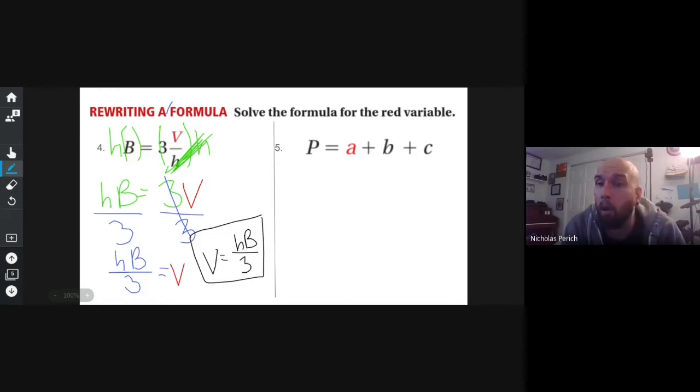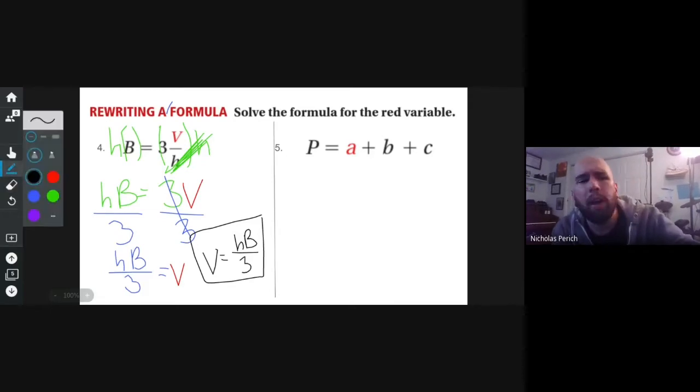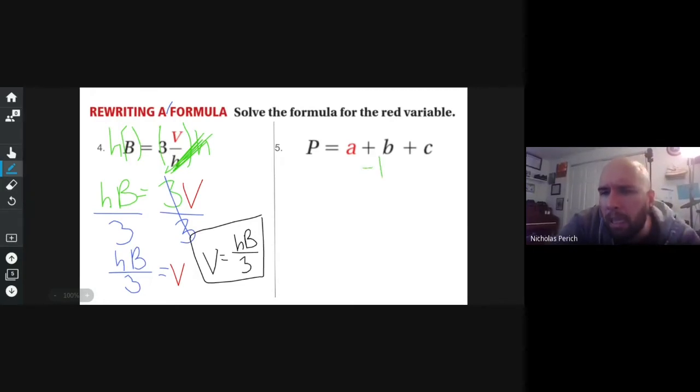Problem 5. Is A all by itself? No. What's in the way? Plus B. Anything else? Plus C. So I have to get rid of both of them. So let's just take our sweet old time and get rid of both of them separately. Let's get rid of B, because it's the alphabet. Minus B